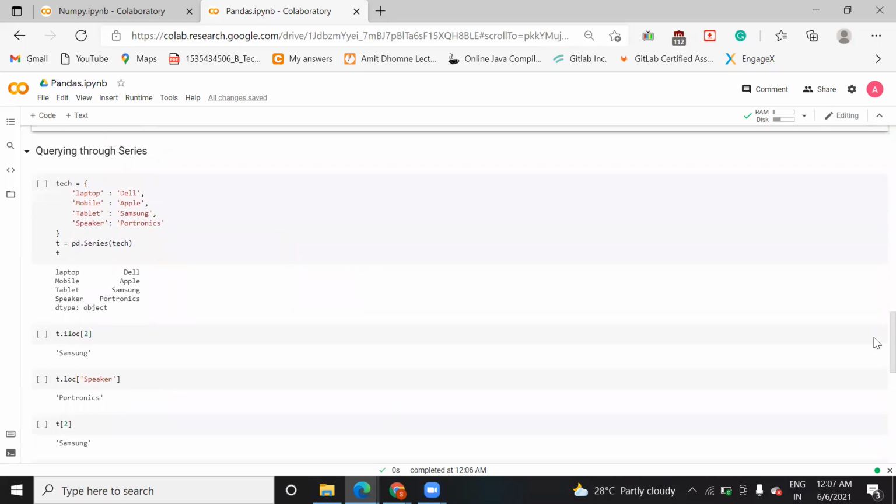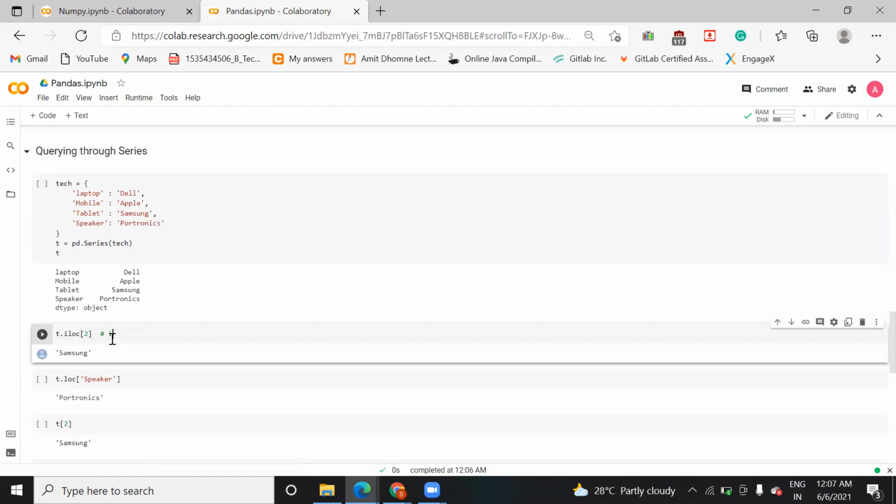Now suppose you want to find the element present at a particular index, how are you going to do that? Here, laptop, mobile, tablet, and speaker are present at positions. Suppose you want to find what element is present at an index. iloc is one function that is used to find the value based on index location. iloc is for index location.